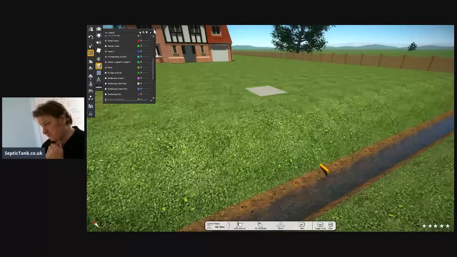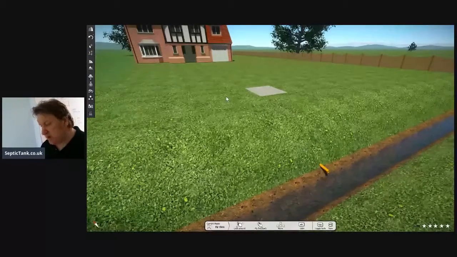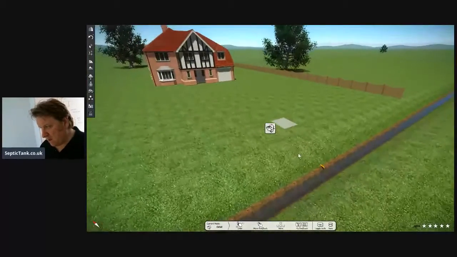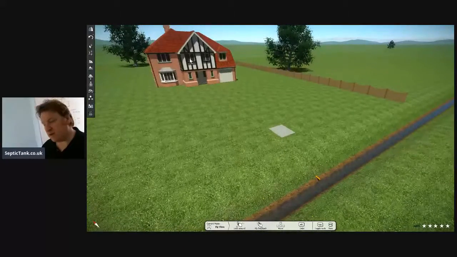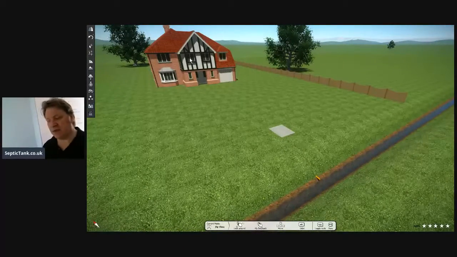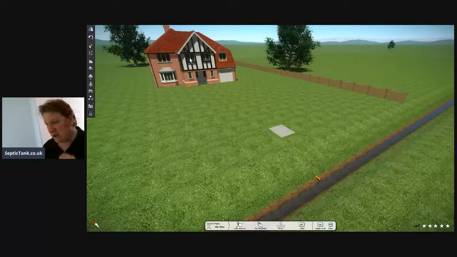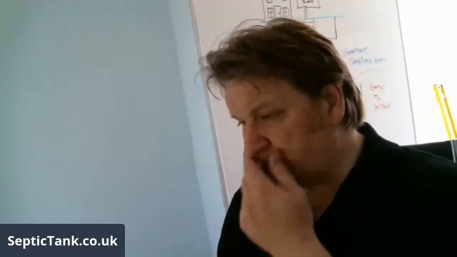Okay. Now, let me give you another scenario, right? If this is your property and you come to sell it, what happens is the solicitor representing the people buying your property will ask you what septic tank system you've got. Now, if you've just got like a concrete septic tank in the garden, and you've lived in the property for 50 years,